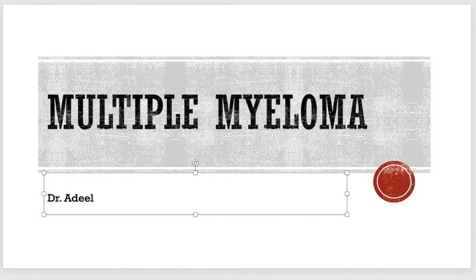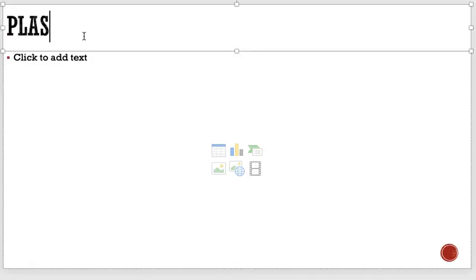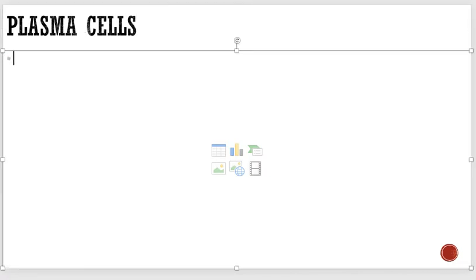So, what is multiple myeloma? By definition, multiple myeloma is a cancer of plasma cells, or you can say it's a neoplasm of plasma cells. And what are plasma cells? Very important to understand for many who either forget immunity, same like me, or who never studied that. So, plasma cells, of course, are white blood cells.